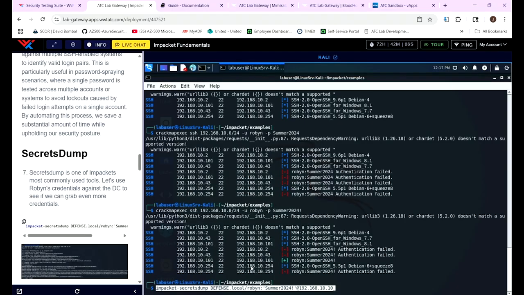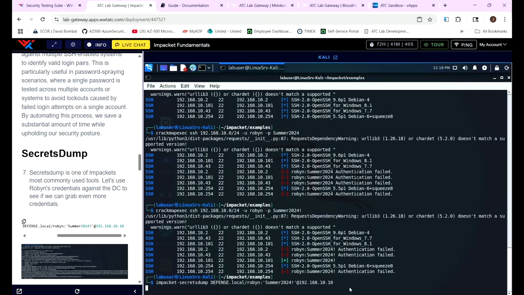There we go. So just to walk through this command with you all. We're going to call the Impacket secretsdump command that we saw earlier in that list. Defense.local is the domain that we're targeting, along with the credentials that we use with Robin. So Robin is the user. Her password has to be in quotations here. And then we're going to target this 10.10, the other system that we saw that was open and live during our nmap command. So if we run that,